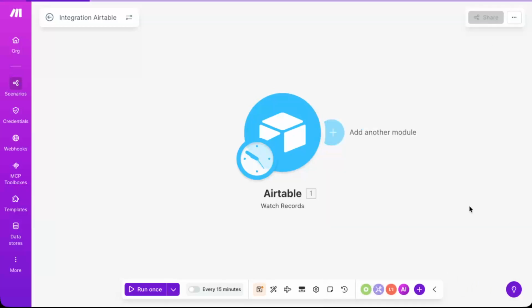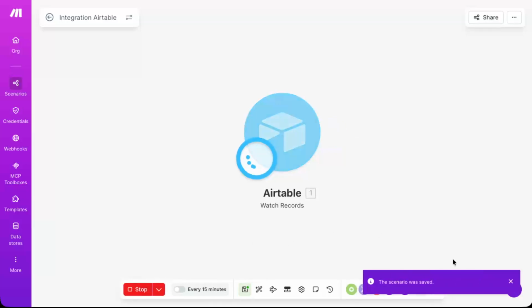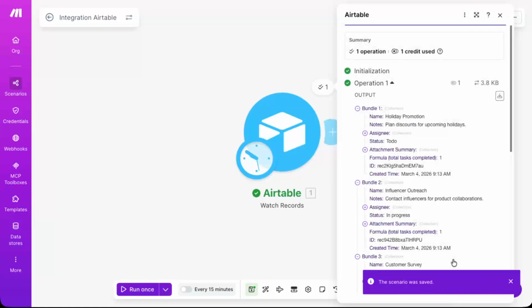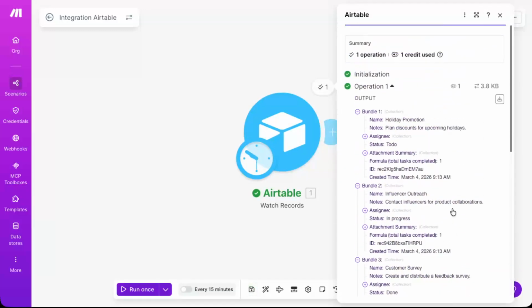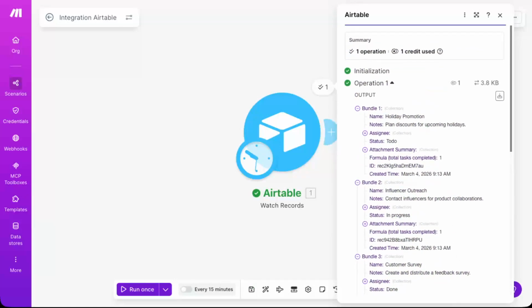Make sure the option is set to process all records as needed. Then click Save again to confirm the scenario configuration. Finally, click Run Once to test your scenario. This will check the connection to Airtable, pull in some records, and confirm that